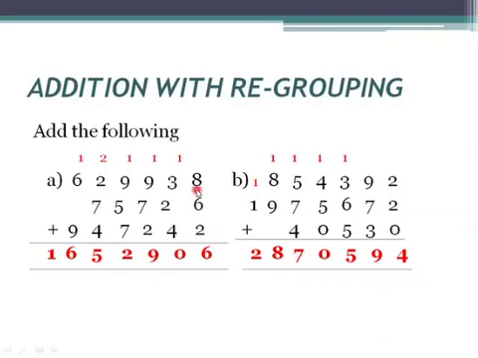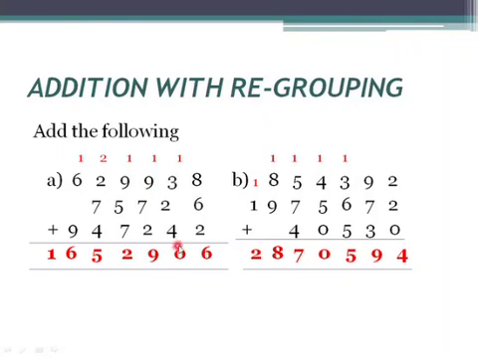And again 8 plus 8. How much will you get? 8 plus 8 is 16. So this 16, how do you write it? We cannot write 16 here. So first we write only 6, which is in the ones place. Next, the other digit, which is in the tens place, we will carry here. Like that we will write the number. Now see here, 6 we have written down and 1 we have carried. Along with the carried number, you have to add these 3 numbers. So how will you add?